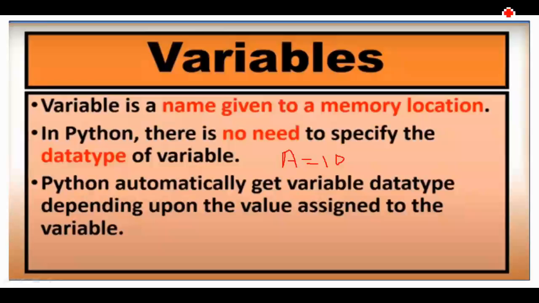Now when a user enters the string, you can store this string in a variable s. So the name entered by the user will be stored in the memory with the variable s. Now you want to print this value on the screen, so you will write print and s. Let me show you how this program will work. This is a simple program in which I am taking a string from the user and then printing it.